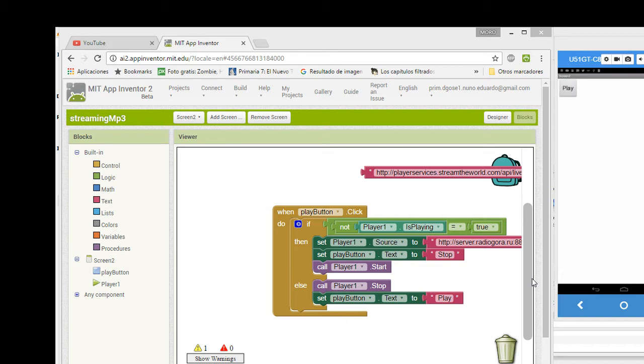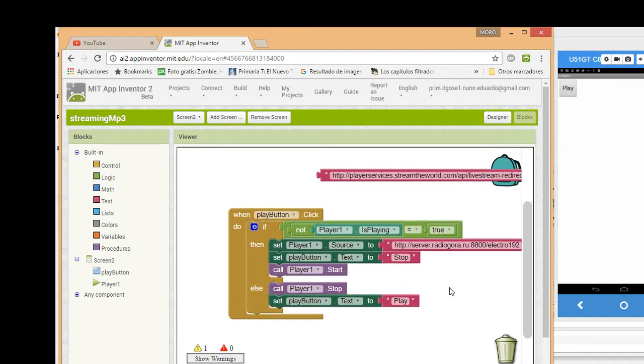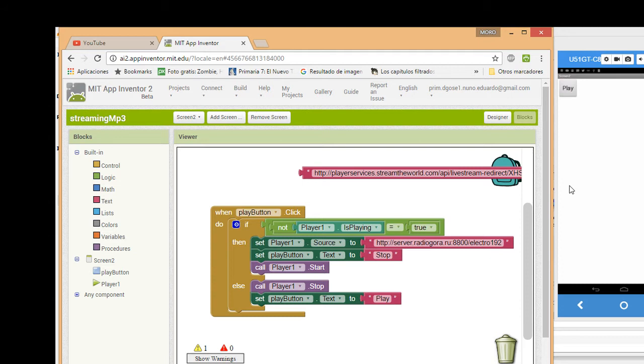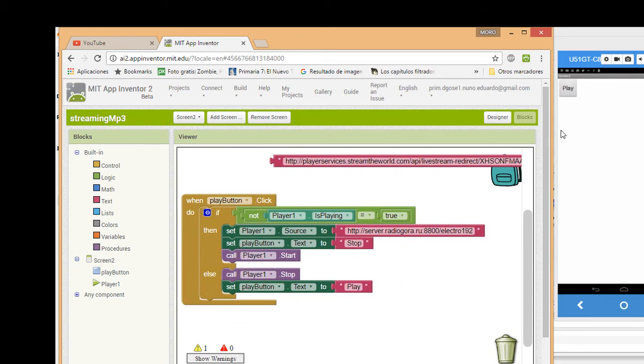I am with part 2 for this radio app, this very simple radio app. Basically we have what we did in the previous tutorial. It was a very simple thing with just one button to play and one button to stop. If you remember, we only had one station, so when we play it,